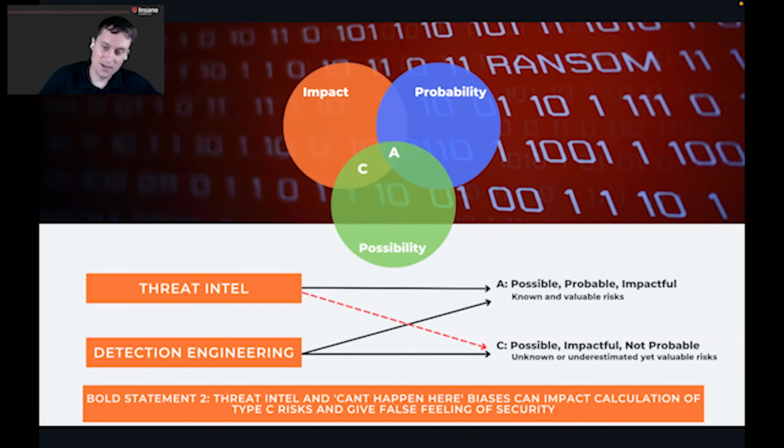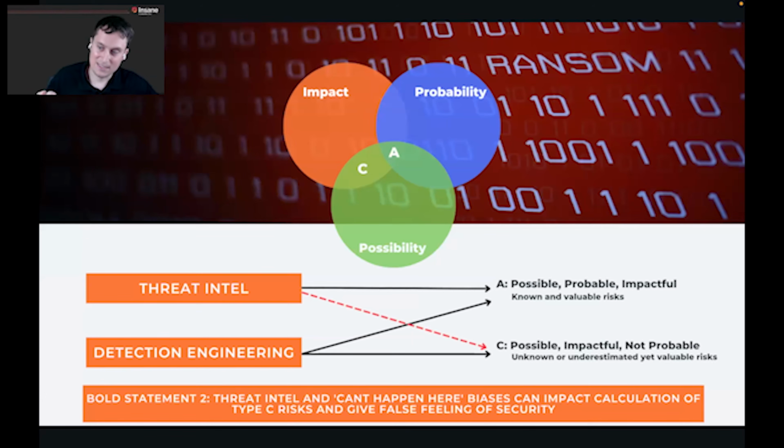What's challenging, and what happens when you bias too much to one of these sides, is you miss those type C risks. The ones that are possible and impactful, but not probable. And this can either be because they're unknown, so a lot of 0 days technically would fall in here, or things we discount because we say, oh, that only happens in IT, that only happens in the other matrix. And again, bold statement 2, we have to watch that threat intel and can't-happen-here fallacy or bias,